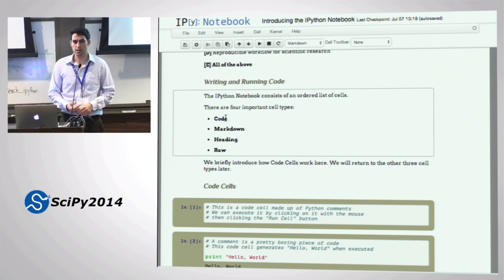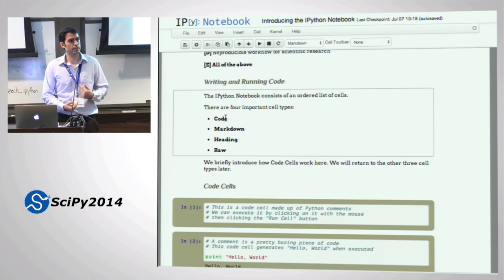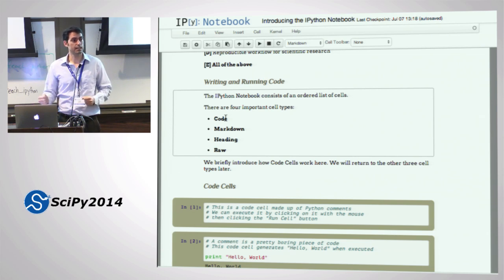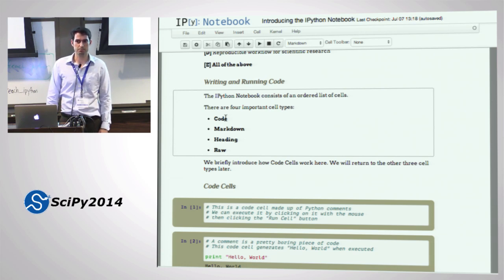I use raw cells if I'm writing a LaTeX paper in an IPython notebook, because there is LaTeX that the notebook doesn't know what to do with, right? And so if you have LaTeX that's not Markdown, not code, and not heading, that's where you would put it. Fernando, Brian, do you guys have any other interesting examples of raw cells?